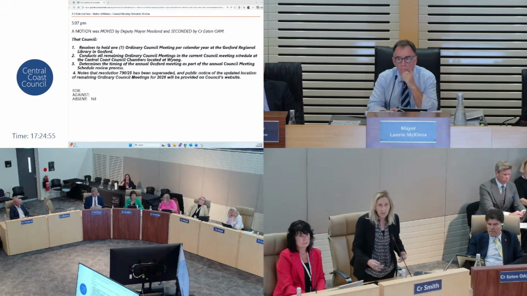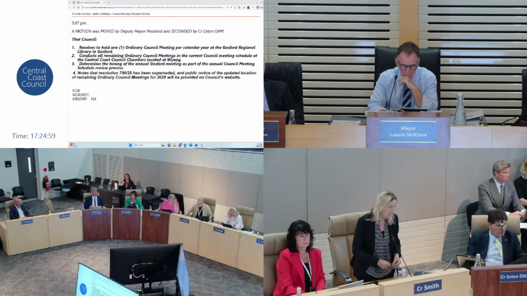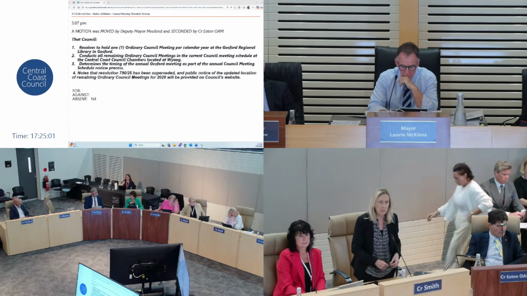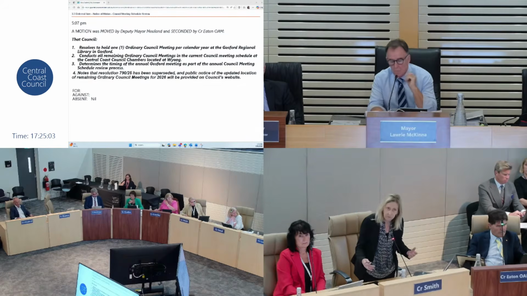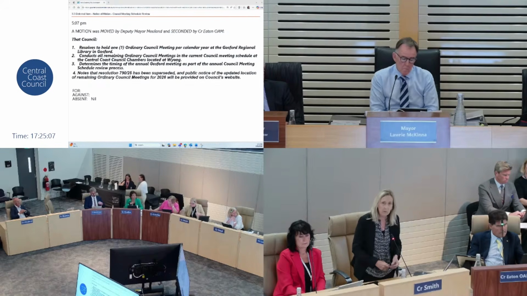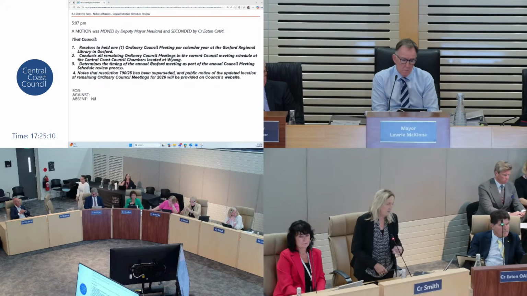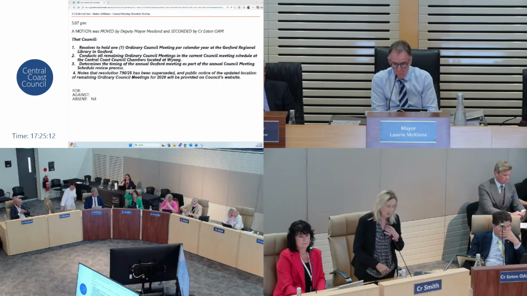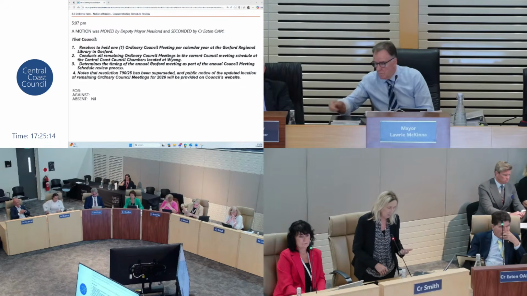We are a very large area. There are many people to the southern end of our Central Coast that are engaged, and as we saw on the first meeting, and sure, that may not be repeated, but there were a lot of people that wanted to come along and see their council and see the decision making in person.